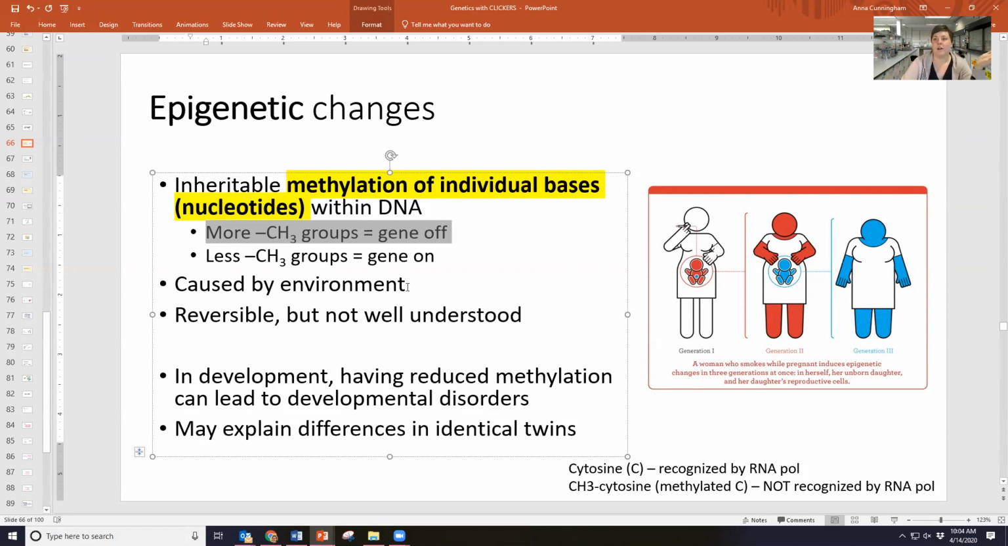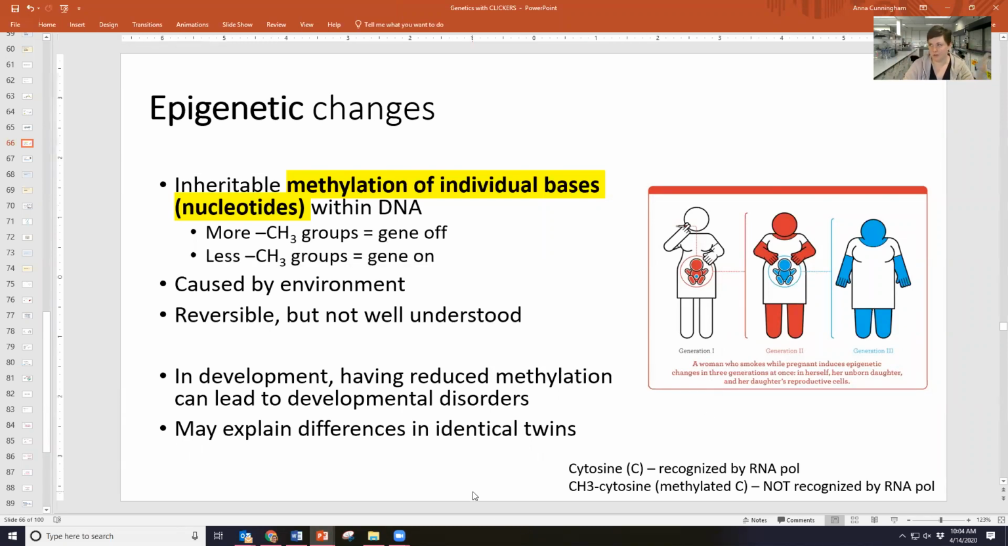Whereas if there are not a lot of methyl groups, RNA polymerase will be able to read it, and that gene can be on. So what causes methylation of individual nucleotides? And the answer is, we're not 100% sure. This is one of those newer kind of amazing things. But what I want to mention is that the reason we talk about this is